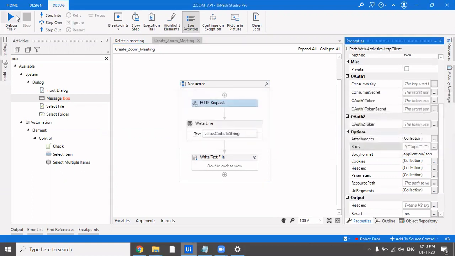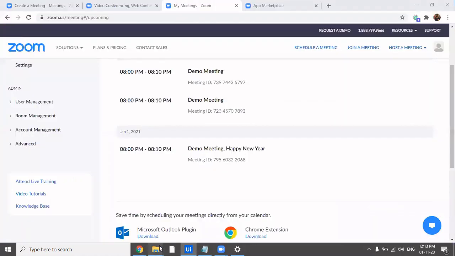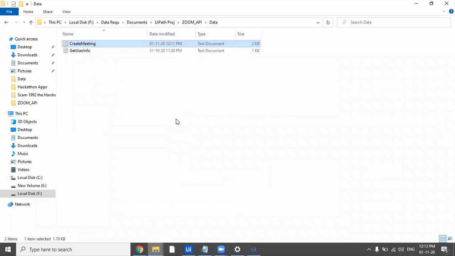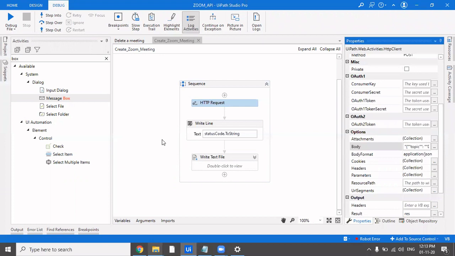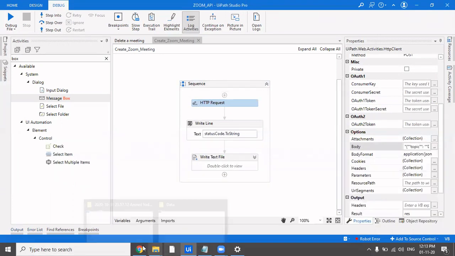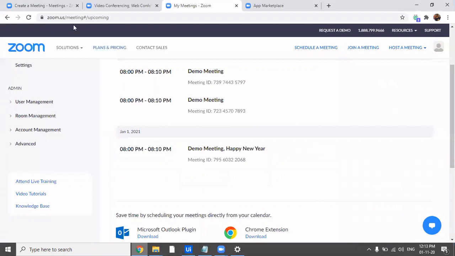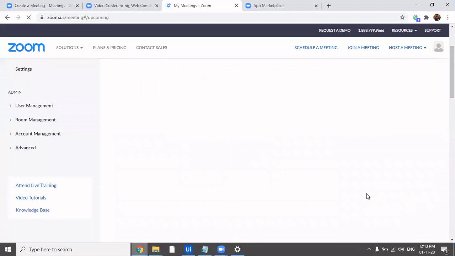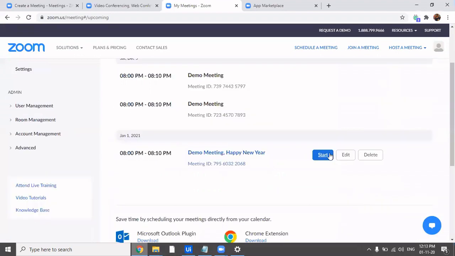Let's click on OK, and this time let's click on run file. The file which I'm creating here would get overwritten, but if you do not want to overwrite files, which is obviously not suggested, you can go the other way around and create different files. So this has been executed in just 5 seconds, which even includes writing everything into the file. And if I go here and refresh this again, now we would have 4 meetings.